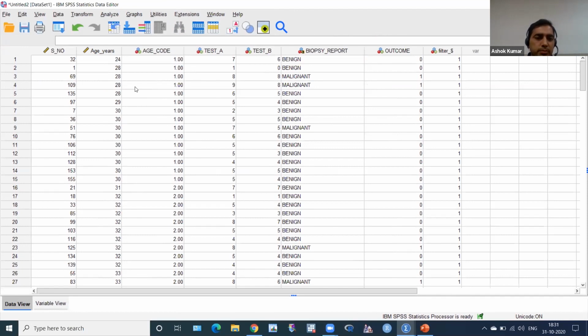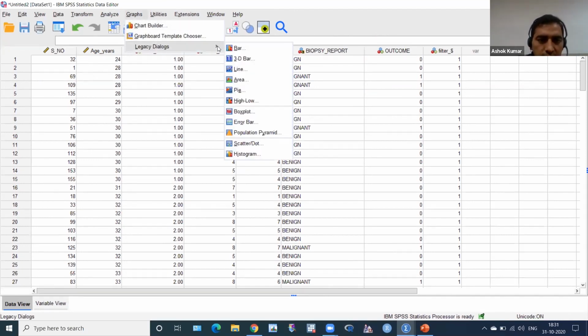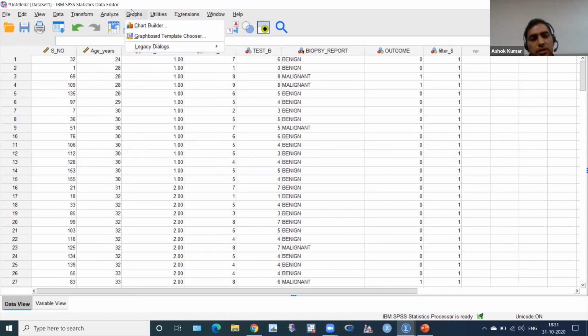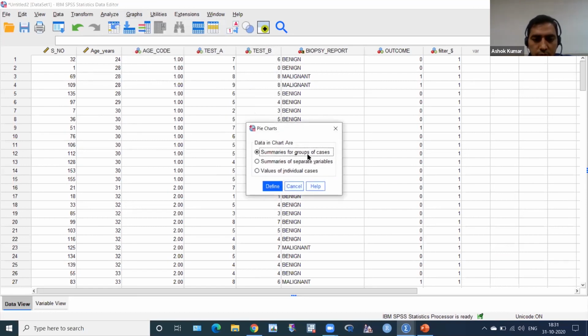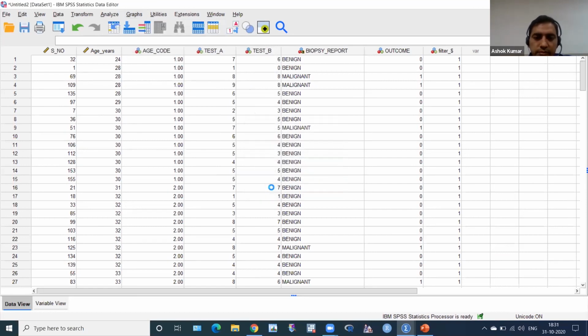So from where can I get pie chart? You have to click graph, then legacy, and this is pie. Because my guide told me that you have to make pie chart of this. So click pie. Summaries of groups of cases. Then define.